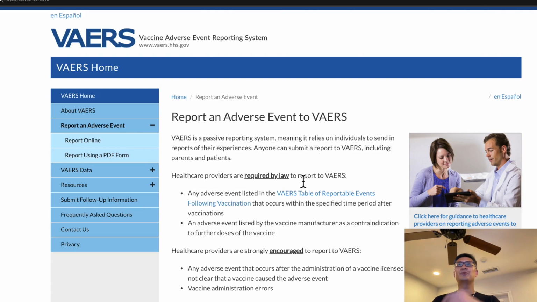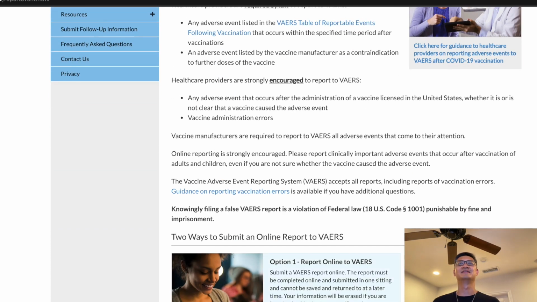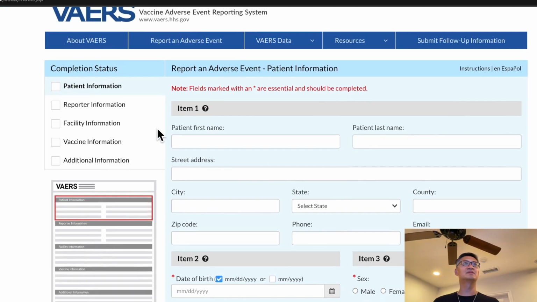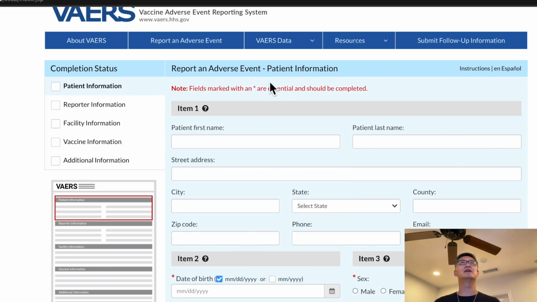So this is how you report to the VAERS system. Here you can see this is very detailed information. I don't know which context is missing. You have patient information, reporter information, facility information, vaccine information, additional information, and when you enter the